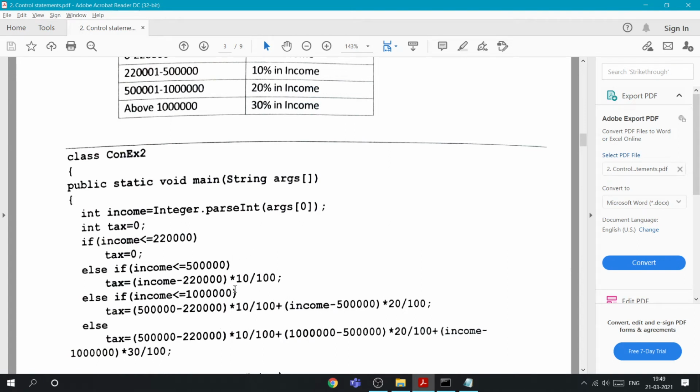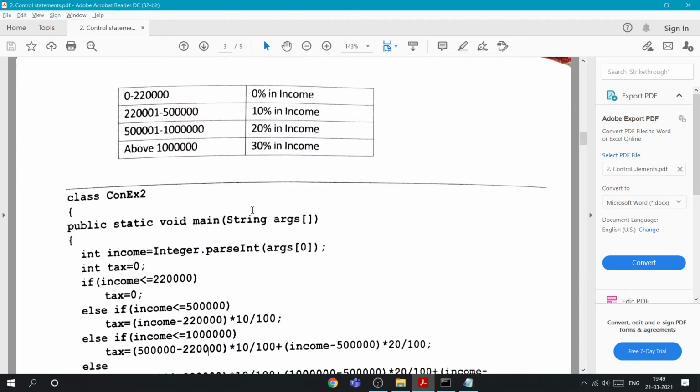So how they calculate the tax is basically this: if your salary is within this range, first they take the amount of the previous range. For example, what is the size of this range, we get some value, right? That value is multiplied by the percent allocated to it, plus income minus the highest range into 20%.